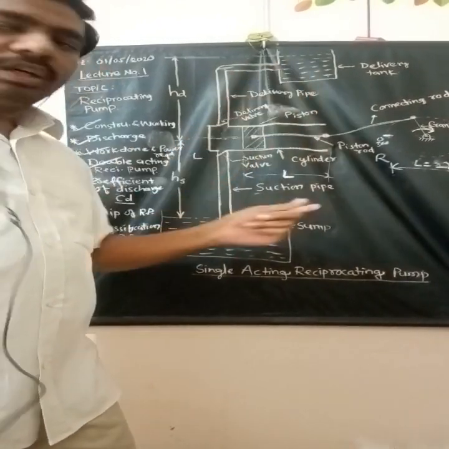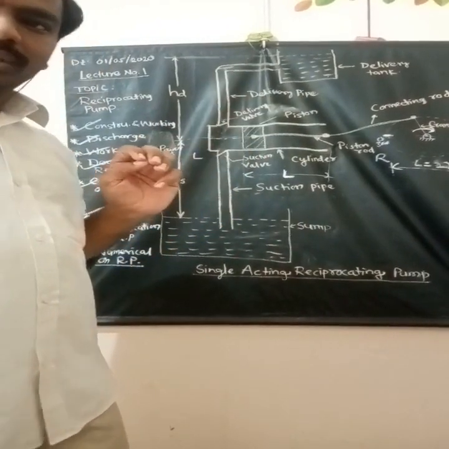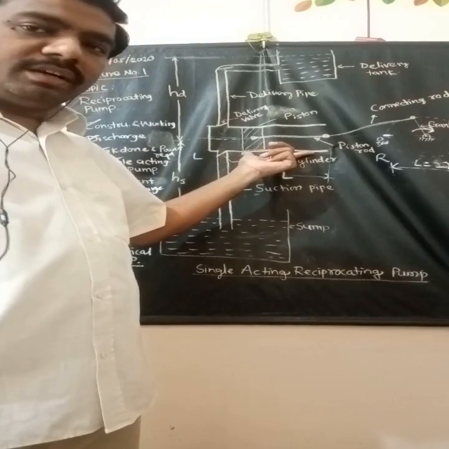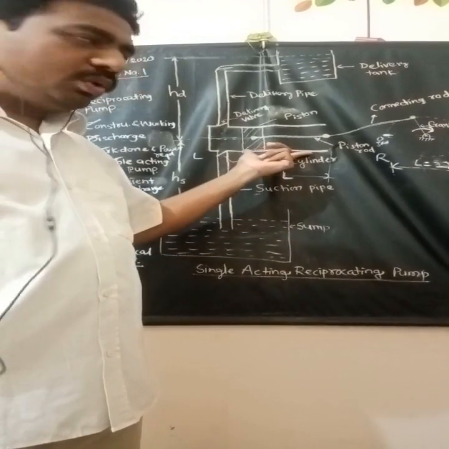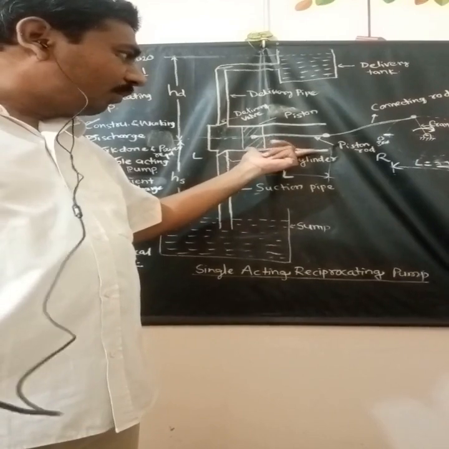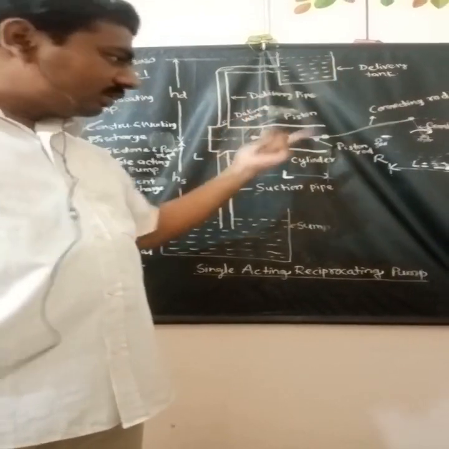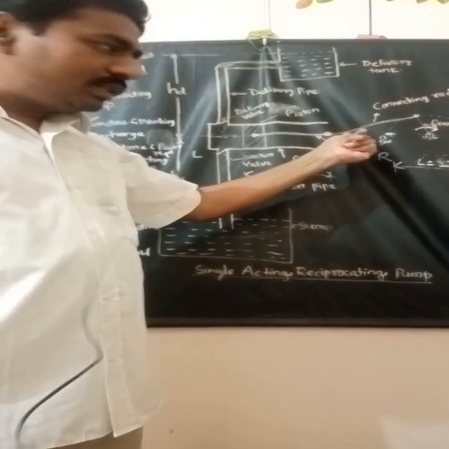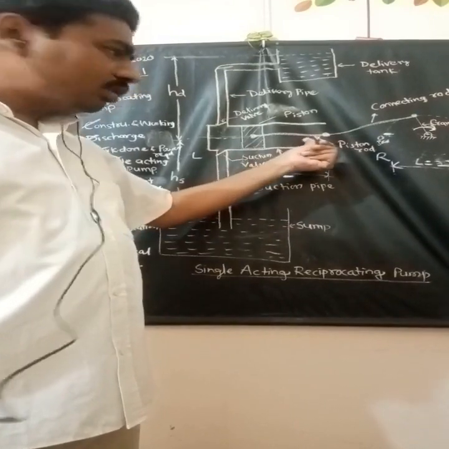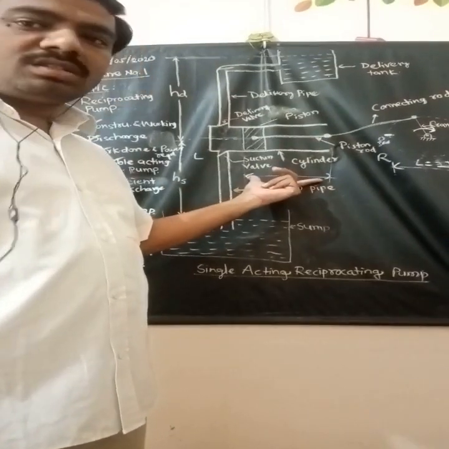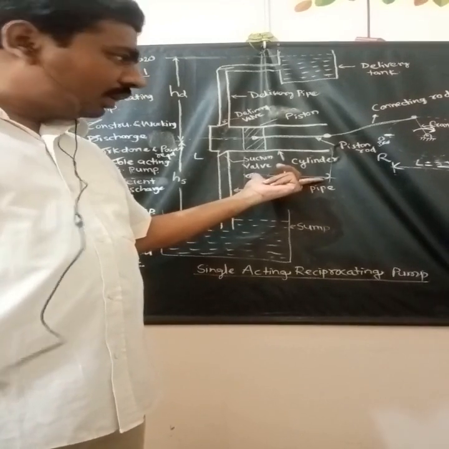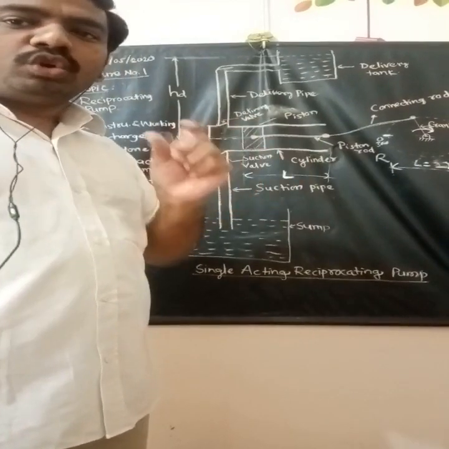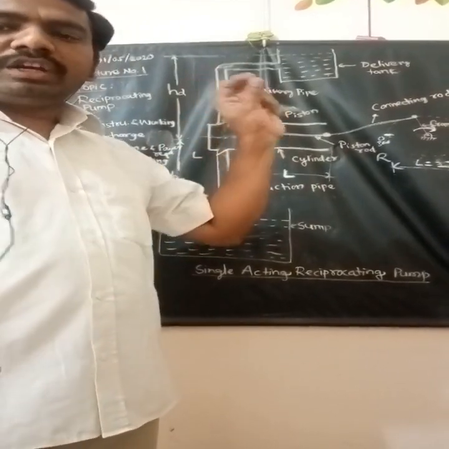Before discussing the discharge, let us think about how much water is going to be delivered in one complete rotation of the crank. In one complete rotation, whatever volume of water enters the cylinder, the same amount is going to be delivered. Let us see how much water can enter. As the suction stroke takes place, the water will enter the cylinder and cover the distance L, the length of stroke. This L multiplied by the cross section area will give the volume of fluid entering the cylinder.